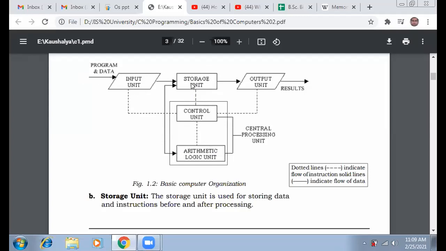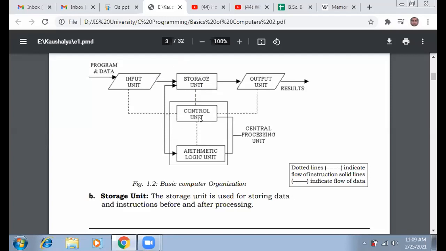This 8 and 2 is first stored temporarily in the storage unit, into the RAM. Temporary means RAM, because RAM is a volatile kind of memory, whereas ROM and secondary memory are permanent storage, non-volatile kinds of memory. So these two numbers are stored into RAM. Then the user sends an instruction along with those two numbers. What is the instruction? An addition instruction. So the user wants to perform an addition on 8 and 2.